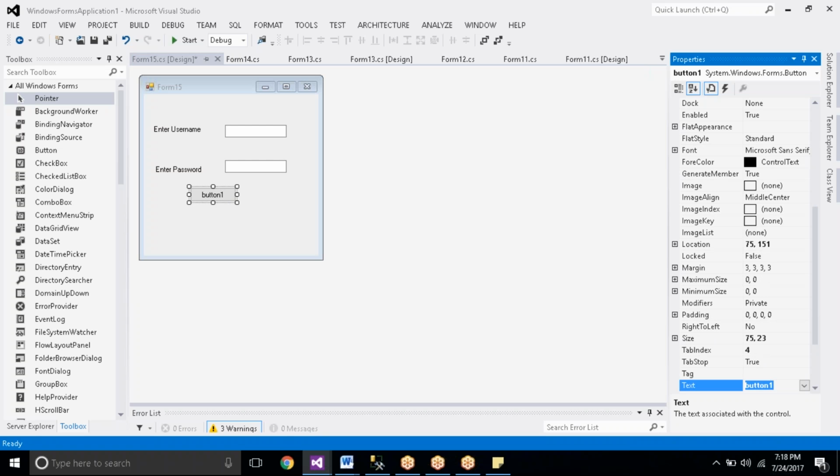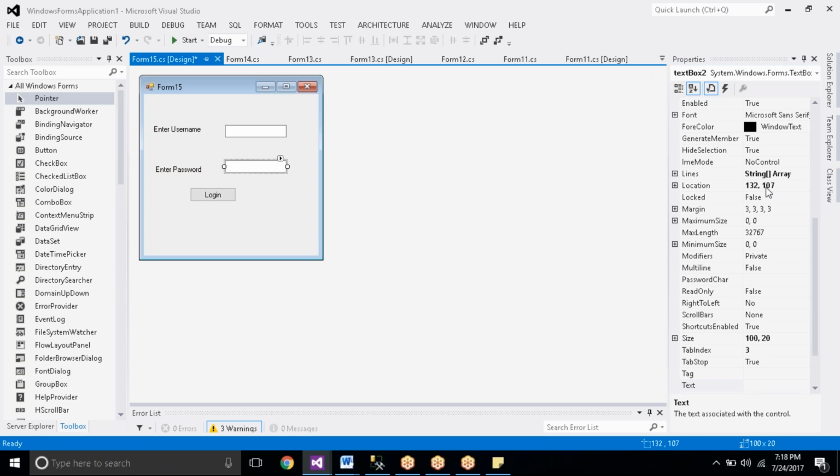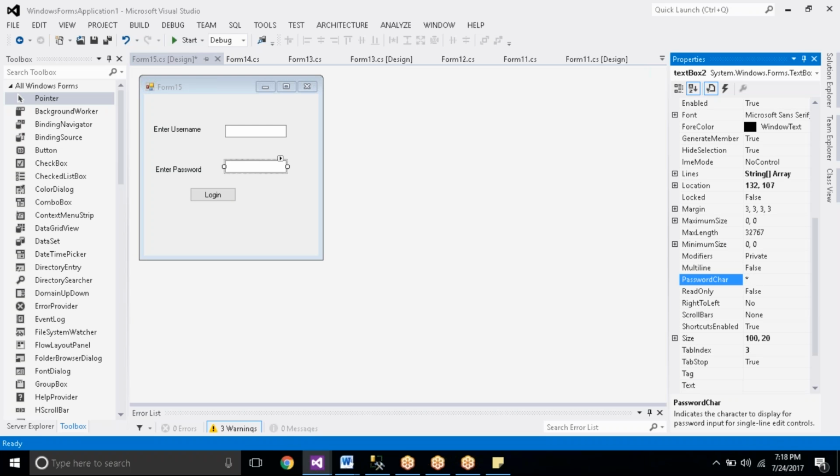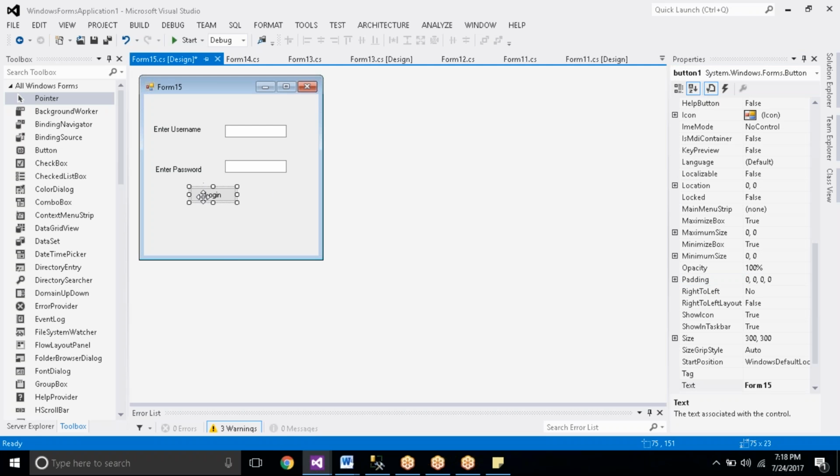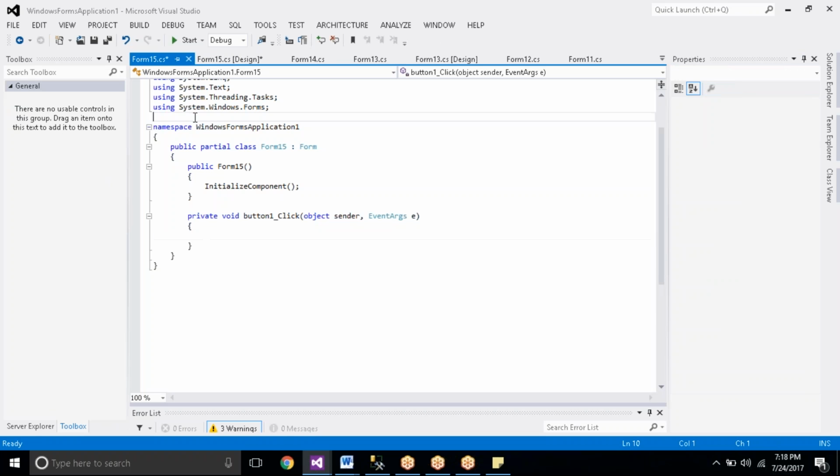If you want to display the password in dot format, what do we need to do for the password text box? We need to set PasswordChar to star. The password carries a property, and the value for that property is star. Am I right? Now observe here very carefully, all of you. I'm clicking on this button.